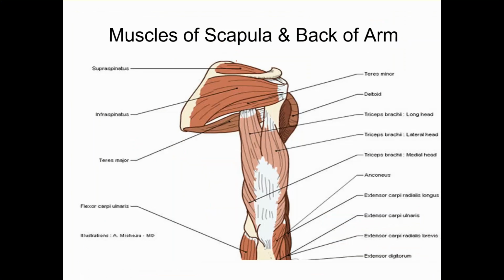So here you can see the muscles of the scapula from the posterior aspect. This is the supraspinatus muscle in the supraspinous fossa. Then this is the spine of the scapula. Below the spine of the scapula will be the infraspinatus muscle in the infraspinous fossa. Actually, at the inferior angle you can also see another muscle, the latissimus dorsi, attached to the inferior angle. Coming to the lateral aspect, we have two muscles, teres minor and then teres major.